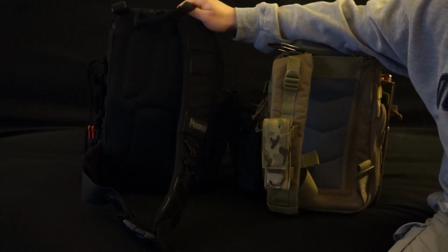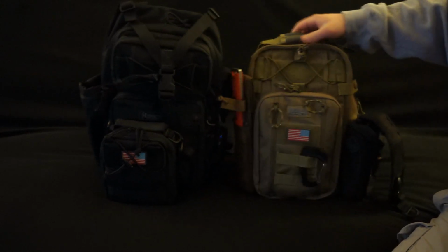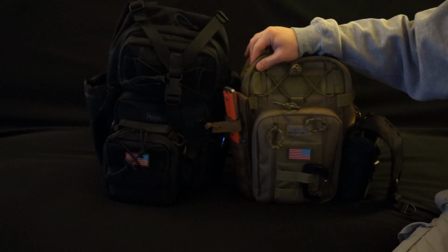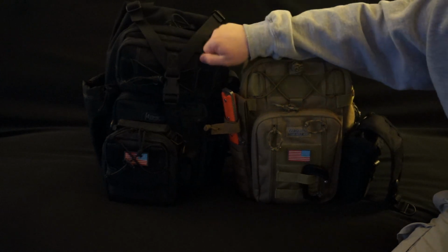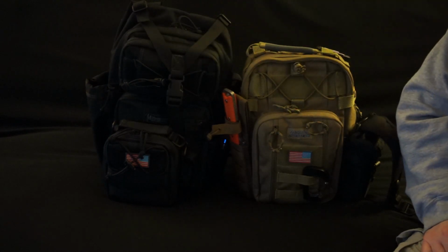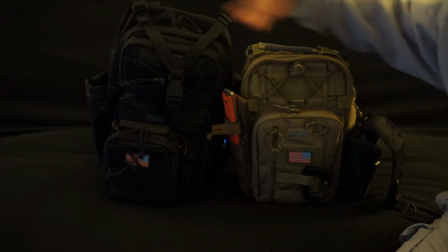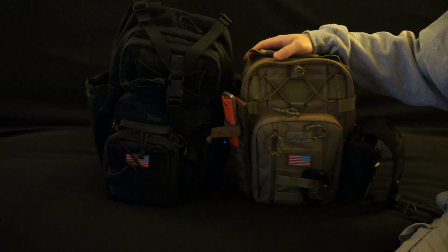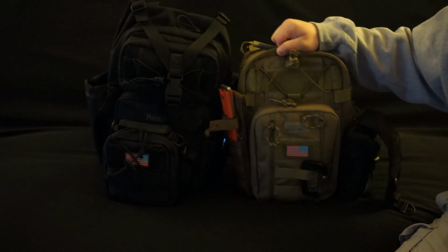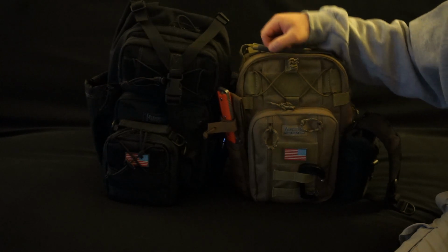So that's not a knock on the Maxpedition product. They're both great products, but it is definitely a plus for the Katara because of the ambidextrous capability it has. While I have both bags here, I'd like to point out that even though they are both very rugged bags, very great quality, I'd say these are two of the best bag makers out there right now. Very similar also. They're both designed in the US and then produced in Taiwan, but I feel that for the money, especially for the money, the better value is going to be the Vanquest product as far as I see now, because their prices are much more reasonable than a lot of the Maxpedition stuff,